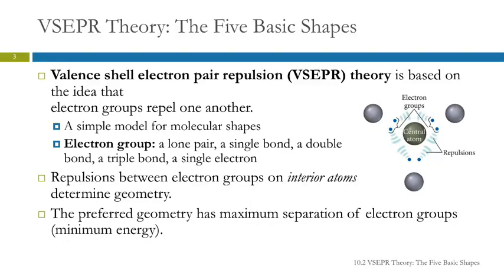So to talk about shapes of molecules, the simplest theory is called VSEPR theory. And that VSEPR stands for valence shell electron pair repulsion. So this is the idea that electron groups repel each other. Yes? That's what worksheet 9 is on,